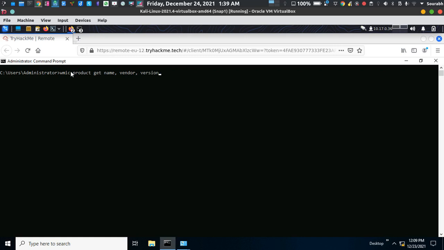Let me just check. Yeah, okay, so hit enter. It's going to give all the information of the computer packages which I installed on my Windows computer. We have to wait first, because it's going to fetch all the details on my computer.